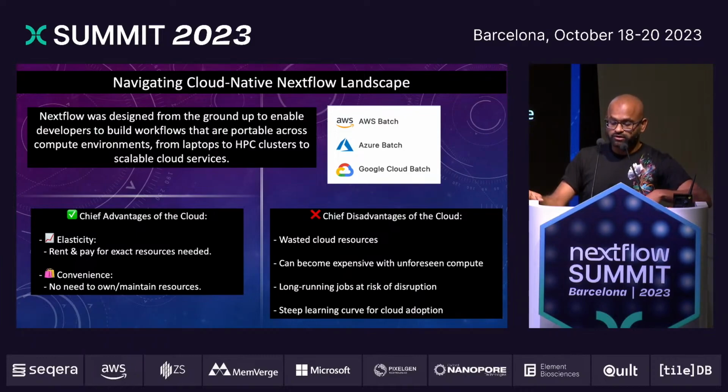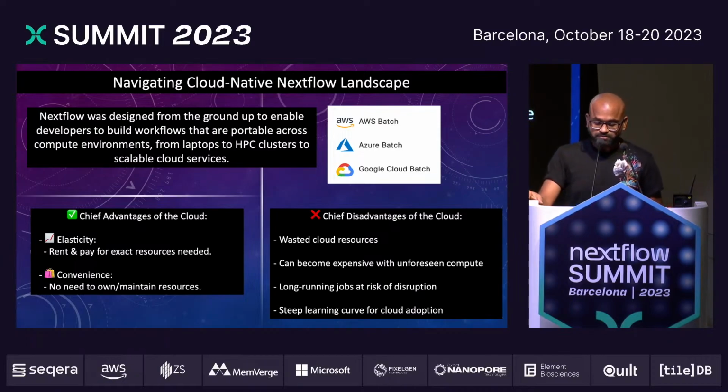Running jobs on the cloud can become quite expensive very fast with some unforeseen compute. You may leave some pipelines running that can add up and cost you a lot. You have long-running jobs at the risk of disruption. And there's a steep learning curve for adopting the cloud, so it's not a simple drop-in replacement either. So with these,